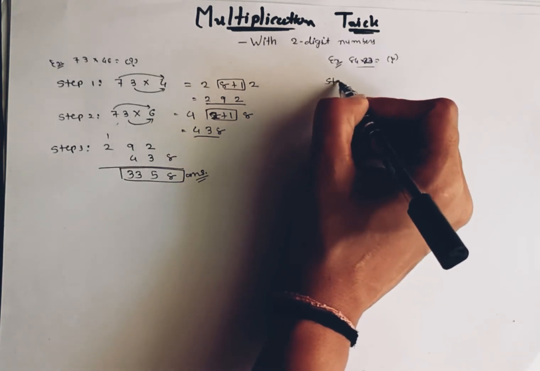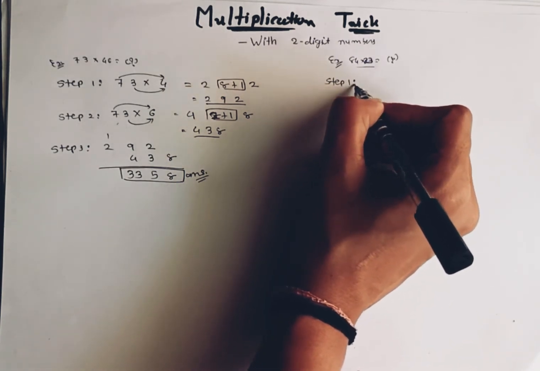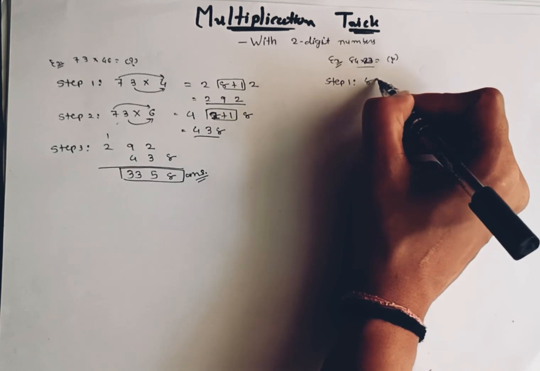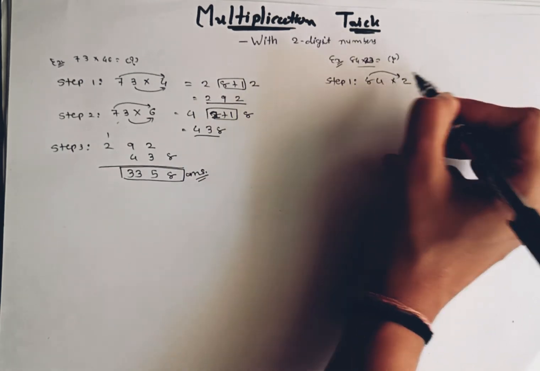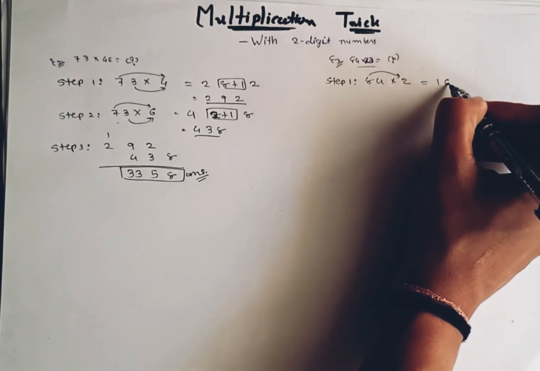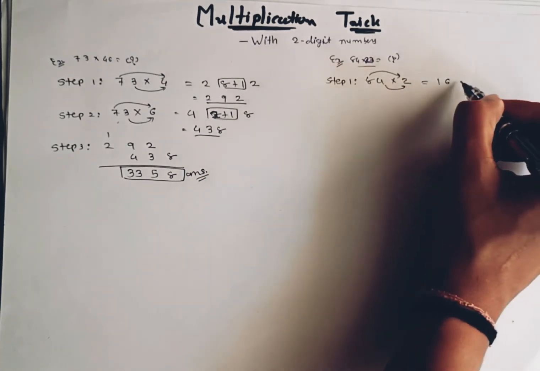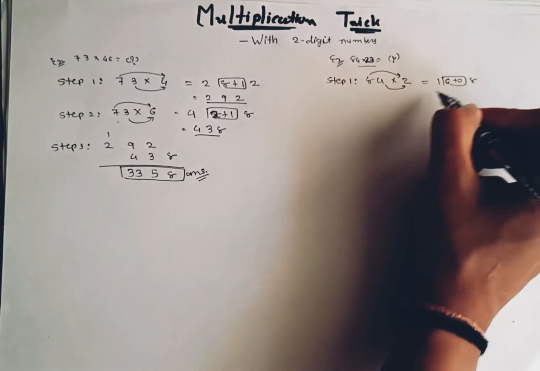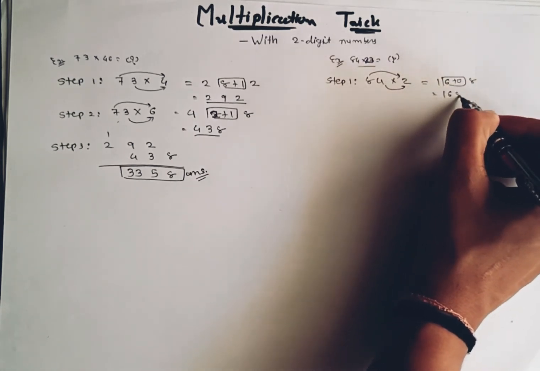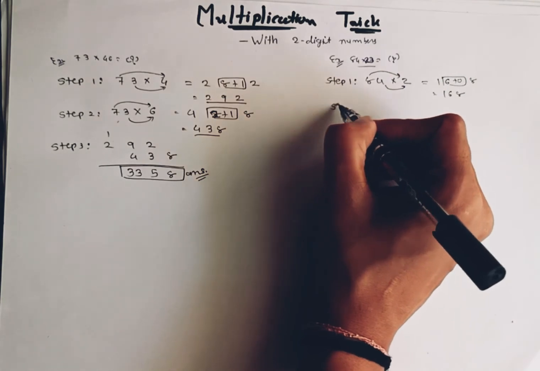84 cross 23. Step 1 is equal to 84 cross 2. 8 cross 2, 16. 4 cross 2, 8. 6 plus 0 is equal to 6. 168 is answer. Step 2,